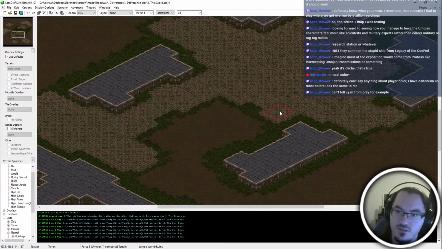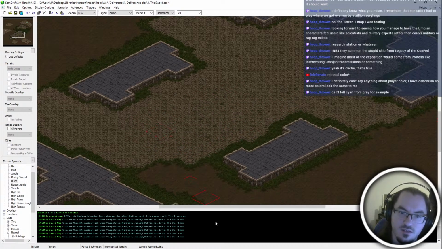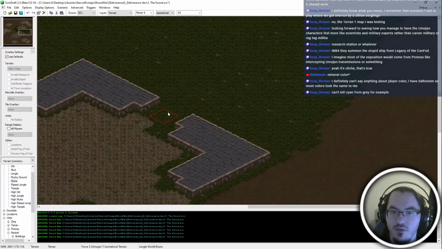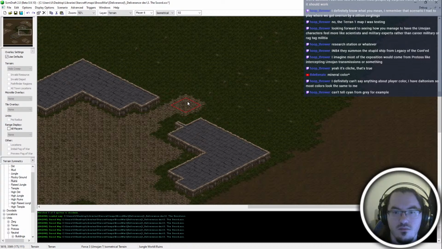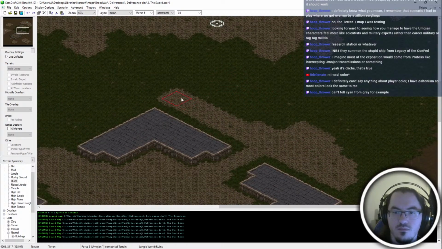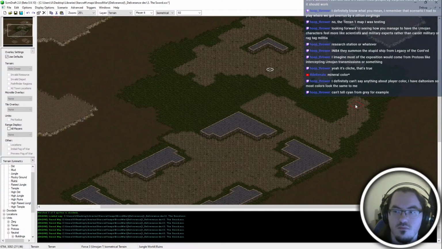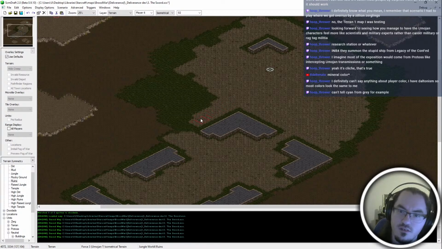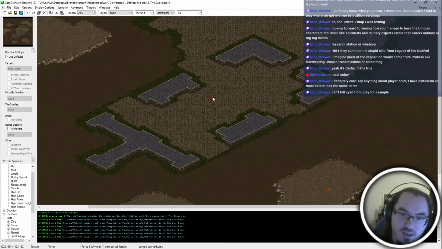decoration, and a bit less, or not embellishment, flourish. They're a bit less related to, I mean, obviously they don't serve as much of a gameplay purpose anymore because they don't block terrain, right? But they were much less, I don't know, obviously it looks pretty ugly when it's just a bunch of ruins, just like it looks pretty ugly when it's just a bunch of jungle, so sure I'll figure something out about that, but for now this is going to be a defining characteristic, and we'll see what we whittle down